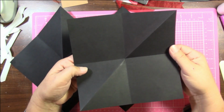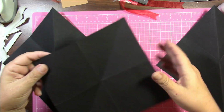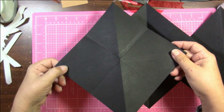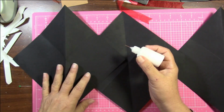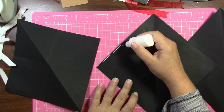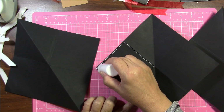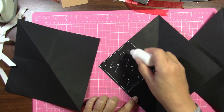Here's your square. Here's your mountain fold. Keep it like that. Here's your square. Here's your valley fold. Here's your square. Here's your mountain fold. And this is how you're going to glue them together. I'm just going to go ahead and use my art glitter glue. And I'm just going to go all the way around the square, not quite to the fold mark. Okay? So you want to make sure that you don't go over that fold mark